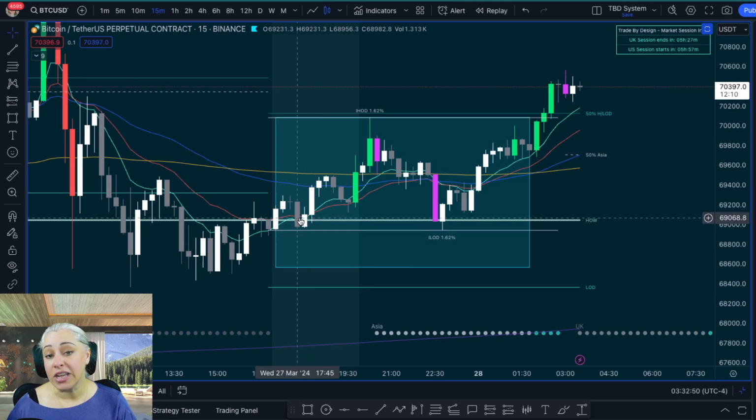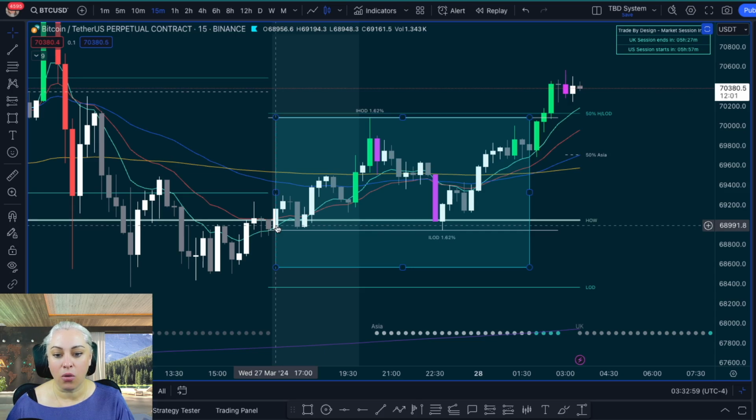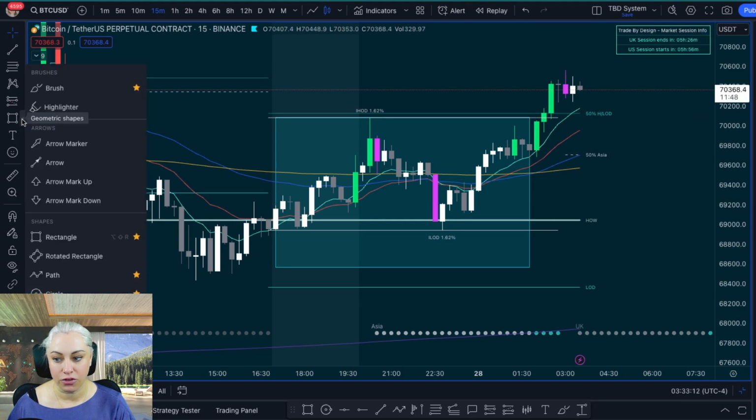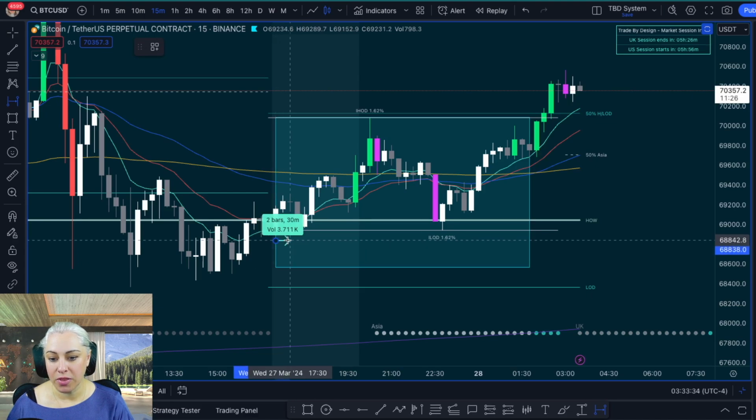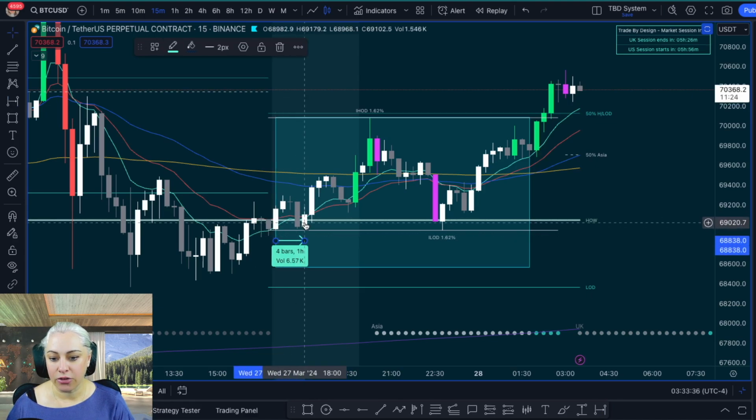So usually it's a hammer, but in this case, I would say the bullish engulfing does count. Once that is created, you want to see a consolidation for somewhere up to 90 minutes, anywhere between 30 to 90 minutes. After that period of time is when you would consider it to be safe to trade if you wanted to trade Asia. From this candle that actually opened the dead gap zone to this candle here that retested